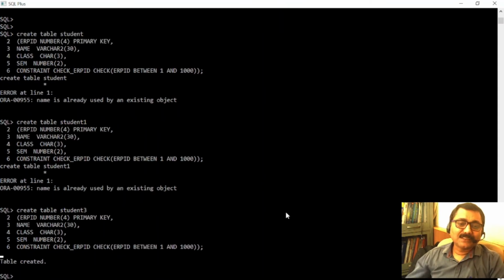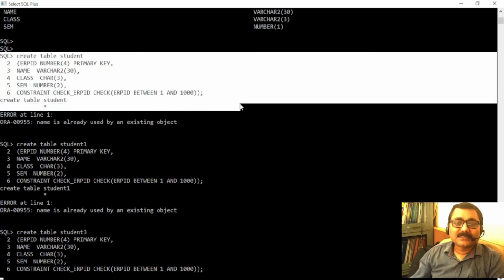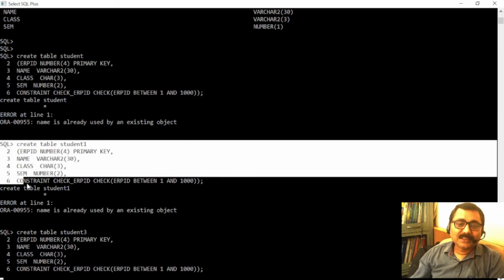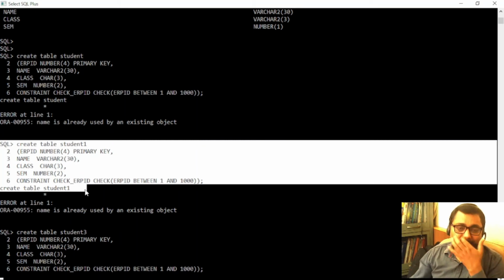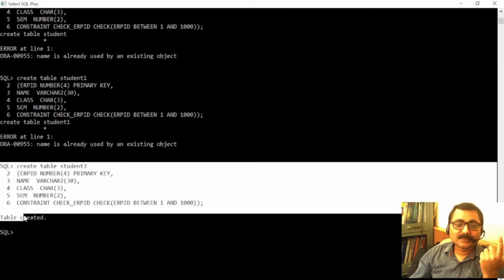So see, finally we have been, but here this is not an error. It is simple that a student table is already there in place, so we cannot recreate a table with the same name. Here also I thought that student 1 table will not be there, but it was also there. So I have taken this table name.